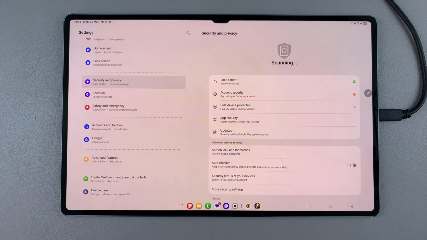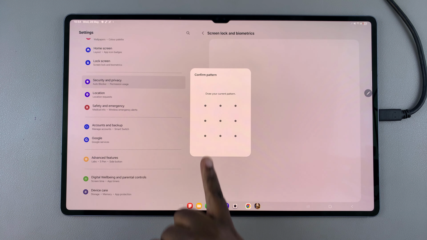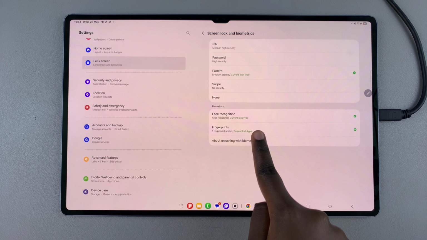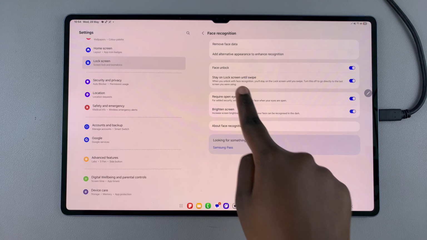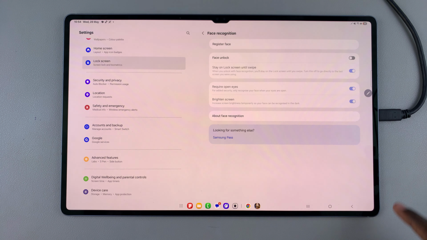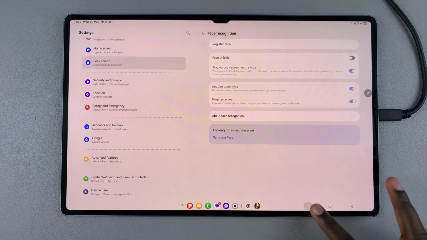Under Security and Privacy, tap on Screen Lock and Biometrics, and then enter in your current PIN, password, or pattern. Once you've done that, select Face Recognition, and then tap on Remove Face Data and confirm your choice. Once you've done that, you can see now it tells you Register Face, which means that you've successfully removed the